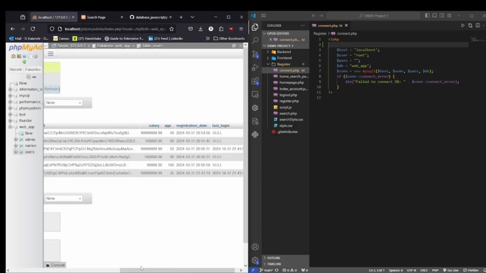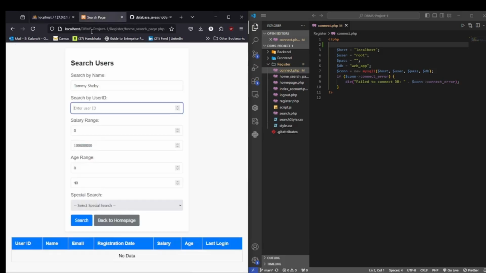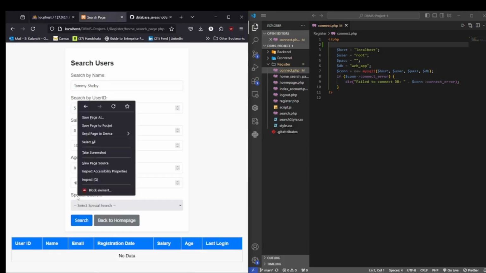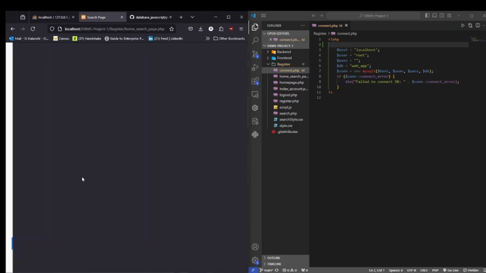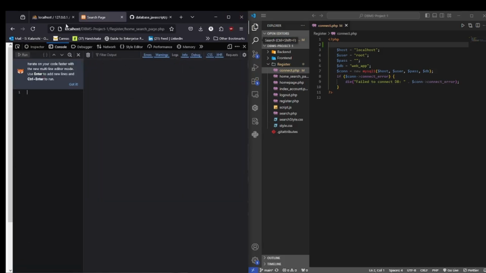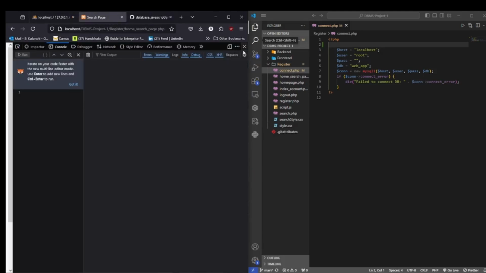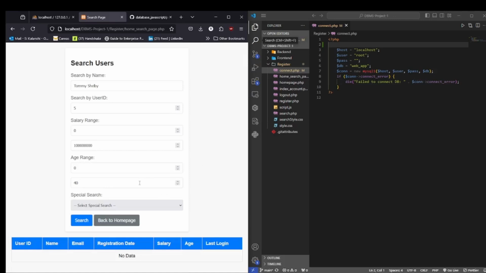Let's say if the user ID is Tommy 5. I'll make sure to fix that. But yeah, that's